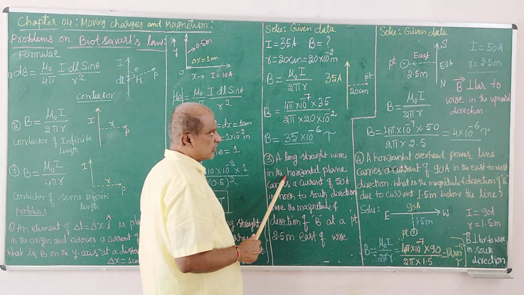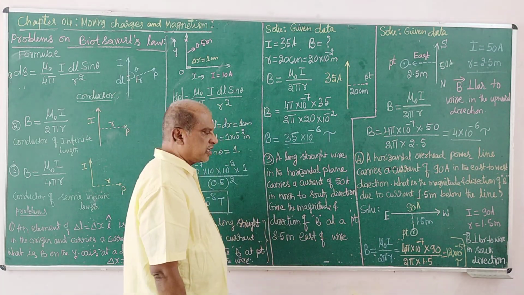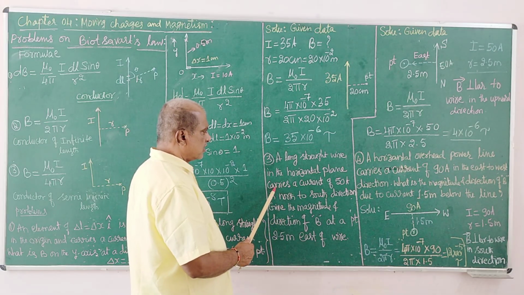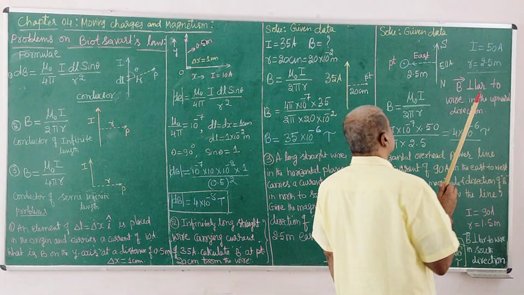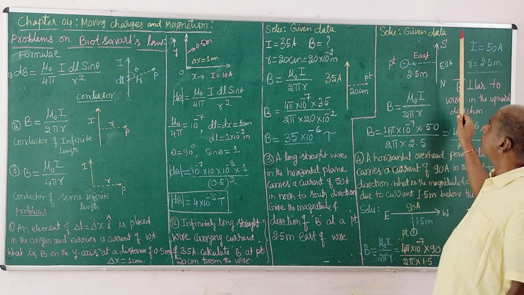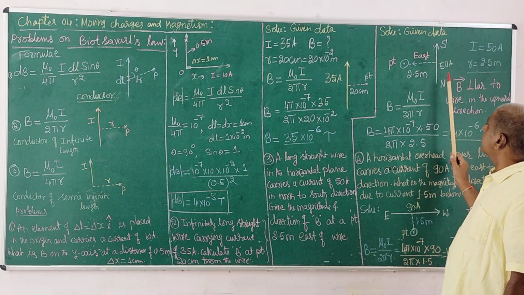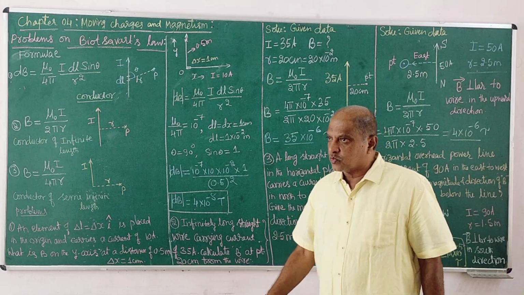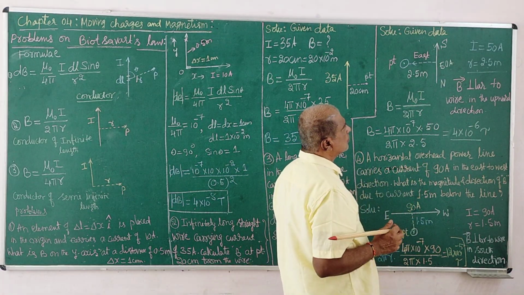What I read here is in the diagram with all the data. What is said? A current carrying conductor is in the direction from north to south. Current is flowing. The conductor is on the plane, horizontal plane, that is similar to the board. This is a conductor. Direction of current is from north to south. What is the amount of current flowing? The amount of current flowing is 50 ampere, and